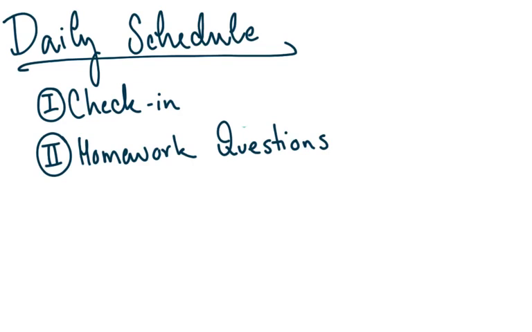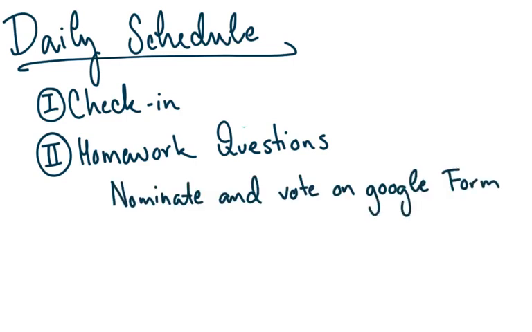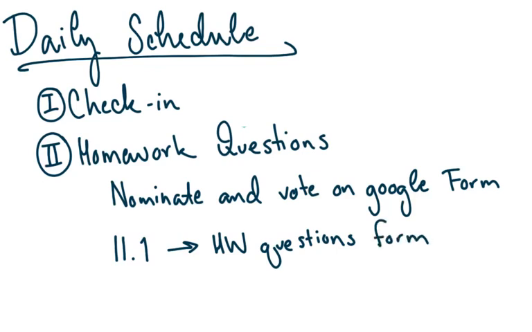All right, next, after the check-in, just like usual, we're going to move into a homework questions part of your day, and there will be a form on each day's assignment where you'll be able to nominate and vote for homework questions. And that Google form, as I said, is going to be attached to the assignments of that day. So if you have questions, for example, on 11.1, go to that assignment and then find the homework question form. And you'll be able to go through, click any boxes that you would need for that. I will then go through and I will see the ones that have a lot of votes, and I'll post a video like this